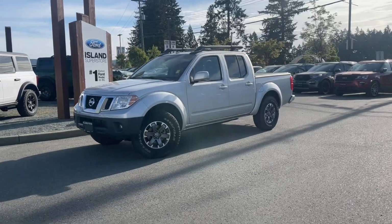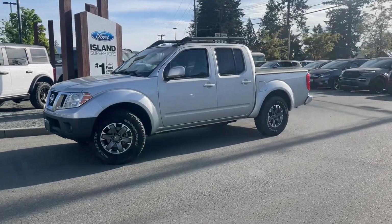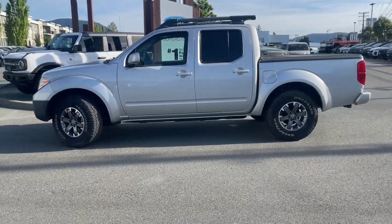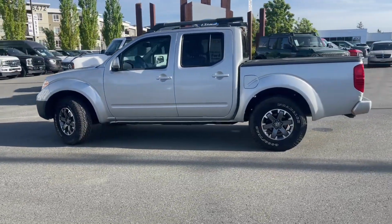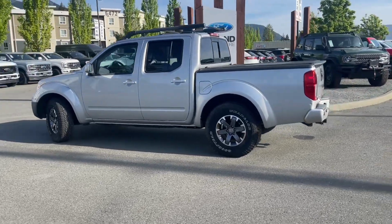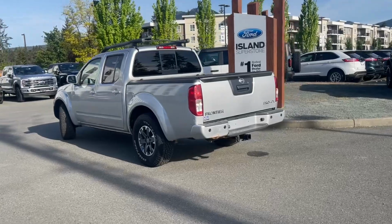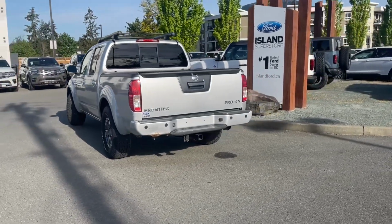It's a great day for a drive, especially in a 2017 Nissan Frontier Pro 4X in silver, black cloth interior, seating for 5, 4 doors, and about a 5-foot box. You've got this nice tonneau cover. You have a sliding rear window, moonroof, roof racks and rails, and a trailer tow hitch, as well as many